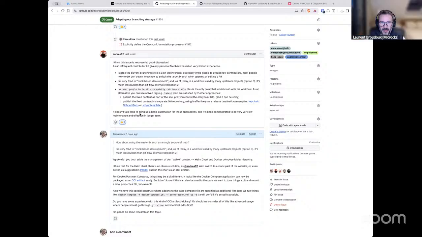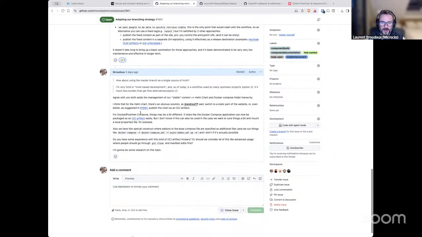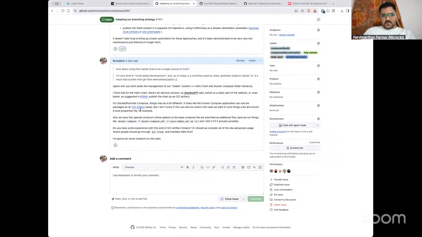Yeah. So I saw you commented on this one, and I think we are getting closer to your proposition of moving to trunk-based development. So still some stuff to investigate regarding OCI artifacts, but yeah. Feel free to reach out, feel free to go through the comments, to send thumbs up or thumbs down if you think we are exploring the wrong stuff, but yeah, let us know. Yes, sure. Yeah, I saw the trunk-based development for Argo CD, and I got that it is a good strategy, so that's why. Yeah, cool.